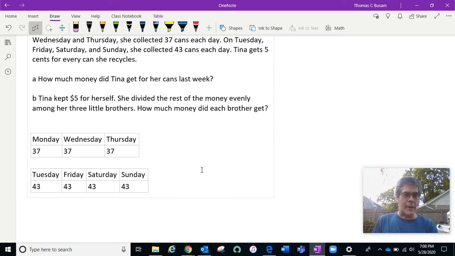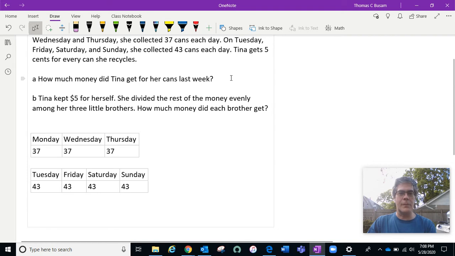So there are a couple different ways that you can do that. You could just try adding them all together. You can multiply 3 times 37 and 4 times 43. That'll be a little bit more efficient way to do that. Take a look at the numbers though, see if you notice any patterns, see if there's maybe an easier way you can do that. Once you have your total, then you're going to need to